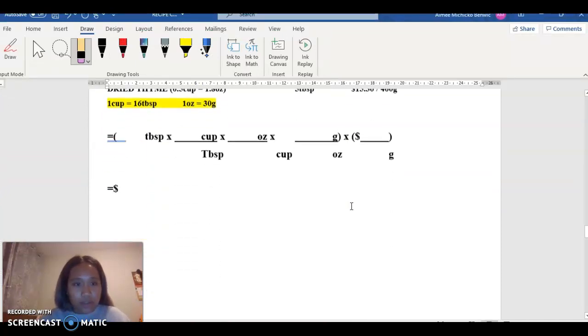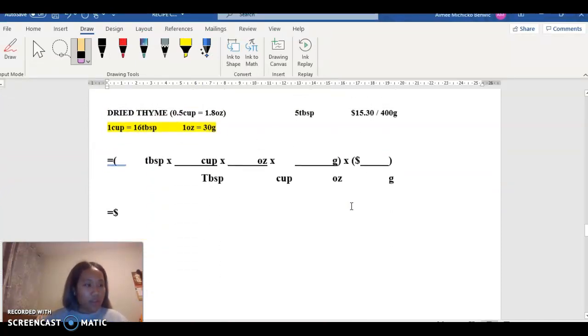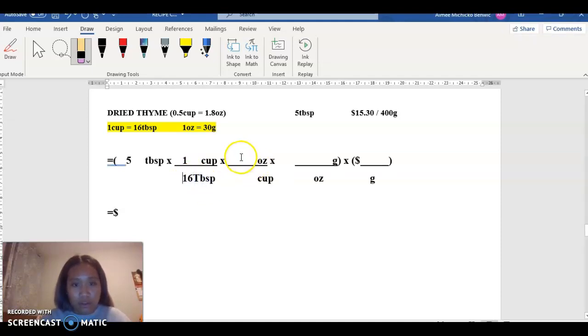So for the dried thyme, the next third ingredient, we have 5 tablespoons here. In 1 cup there's 16 tablespoons in our conversion unit. We have to go to grams, so we need to convert further. There's 1.8 ounces in 0.5 cup, as the weight equivalency says. Ounces and grams are different units, so we have to convert further. There's 30 grams in 1 ounce,